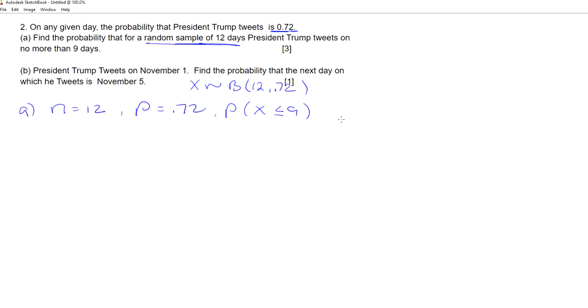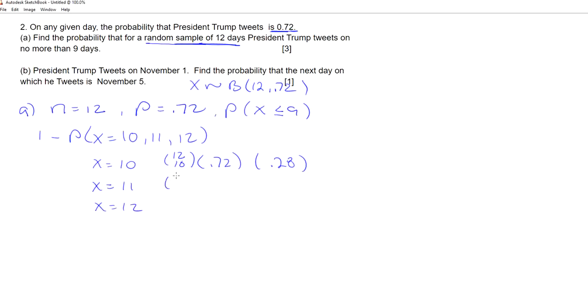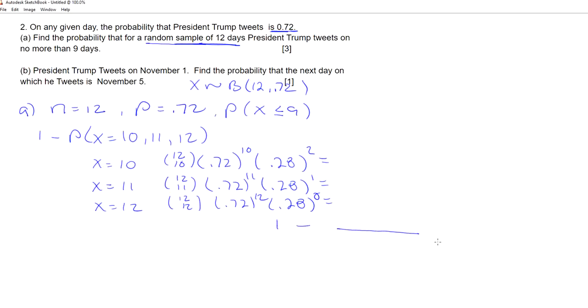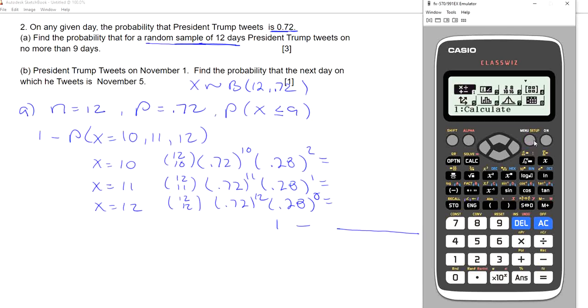to 9. Now, that involves finding 0, 1, 2, 3, 4, 5, 6, 7, 8, or 9, or it involves doing 1 minus the probability that x is equal to 10, 11, or 12, which I would have suggested. Then all I've got to do is write out what I'm going to do for each one of these. I got probability, and I go across here to set it up really quickly. I put in my probabilities, my exponents, and then I go to my calculator, and I just go to